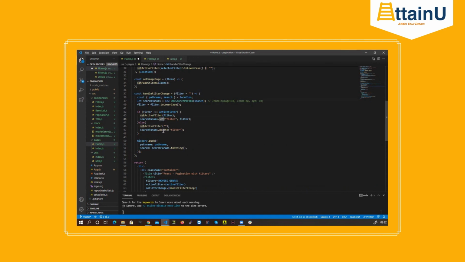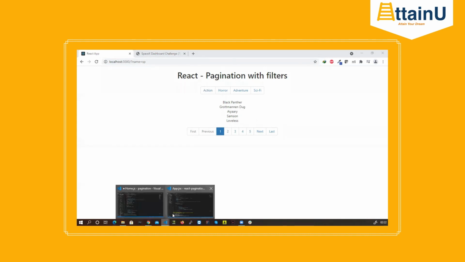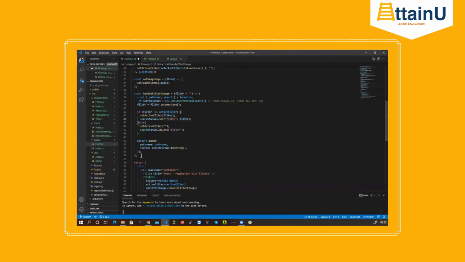Similarly, we are using dot delete. It will check for this filter keyword in the URL and remove that search param itself from the URL, which you saw here, right? I'm adding the filter, it got added here. I'm clicking here, it's going to remove it. So that is what is happening here. This is the main method where you need to focus. Make all your changes using this URLSearchParams and change your history using the React hook useHistory.